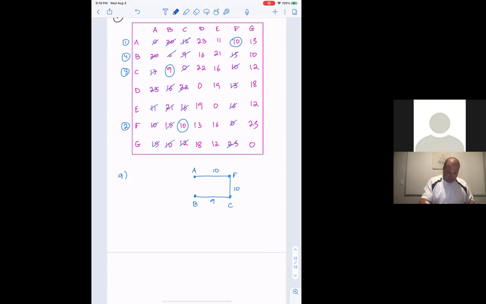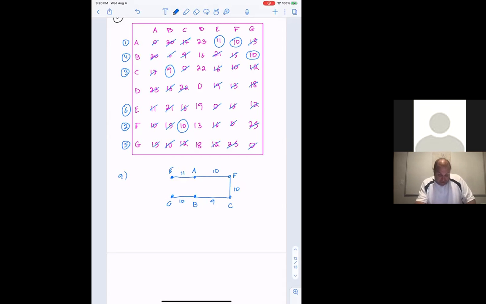Erase everything in that column. Next smallest number in those 4 rows, I see a 10. So B attaches to G with 10. So G is now number 5. Get rid of those. So now I have those 5 rows. I see an 11, and that seems to be the smallest. So A goes to E, which is my 6th choice. Get rid of all those with 11. And then the smallest number left is 13. So F goes to D